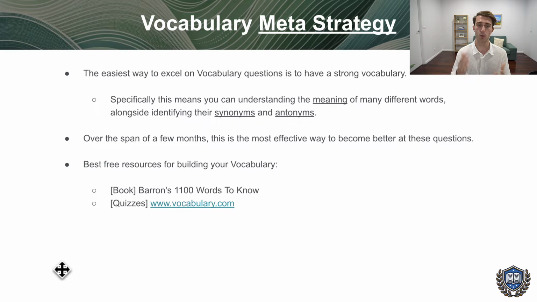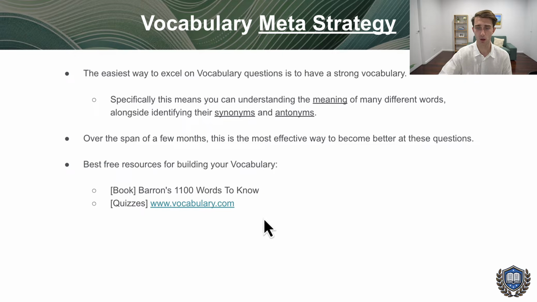So there's some people who I see who start trying to boost their vocab in year 5, and then by the time they get to the exam, their vocab is increased by several thousand words, and they're pretty well set up for success. Now, there's a few free resources which I'd recommend. One is a book called Barron's 1,100 Words to Know. It's a good resource to use. Otherwise, vocabulary.com has some quizzes on different words. There's essentially a few that you get per day, and then beyond that, you do have to pay a small fee for vocabulary.com.